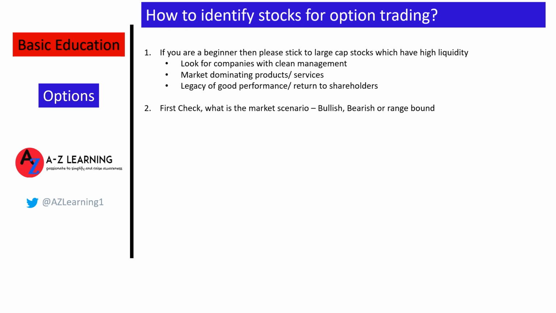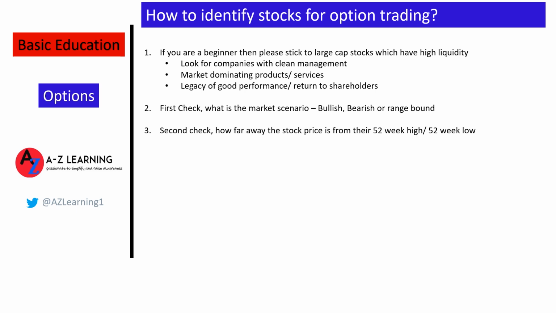So if stock prices continue to go up, then you don't want to be in a place where you're buying put options, for example. Similarly, in a bearish scenario, you may not want to be selling puts in that particular market. So you need to keep those market scenarios in mind as you make the decision of